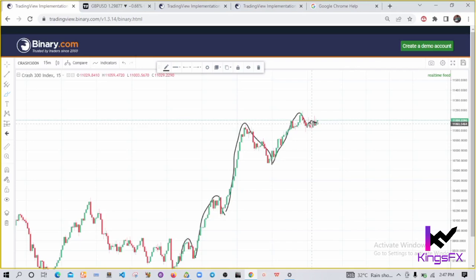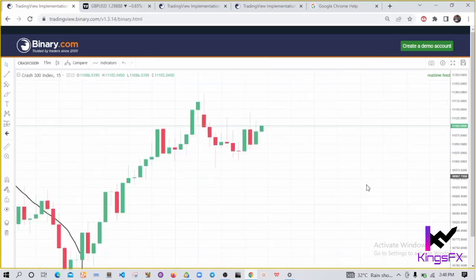Remember, we said after a pullback, you must see the price start reacting or start ranging at that zone. Okay, once you see the price range at that zone, you wait for a breakout before you enter your trade. So at this point, let me zoom in so that we can see this clearly. Okay, you can see at this point the price